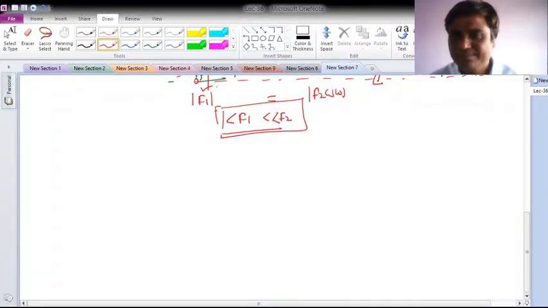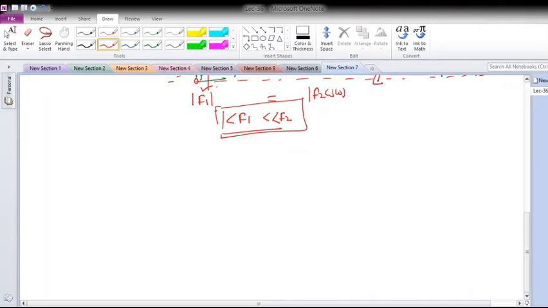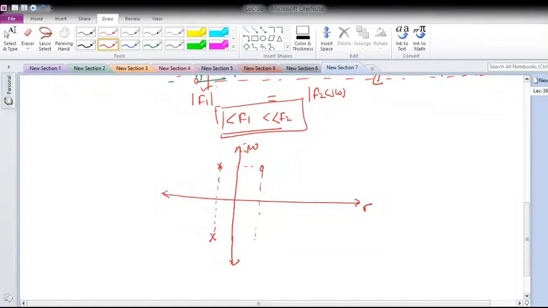Okay, now suppose the poles and zeros are mirror images of each other. For example, next I will see that if I have a pole-zero plot, this is sigma, this is j omega. Fine, and now I'll say that the pole and zero locations are mirror images of each other. That is, this is one pole location here, this is the second. Similarly the zero is here and the other pair is like this.